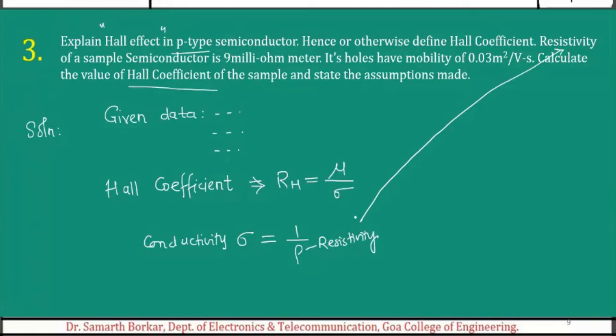Fine. So we can find the conductivity. This implies conductivity equals 1 over the resistivity. What is the value? 9 milli. Milli is 10 to the power minus 3. So the resistivity value is 11.11. Unit will be per ohm meter. Fine. So this is the conductivity. So we have to replace this value